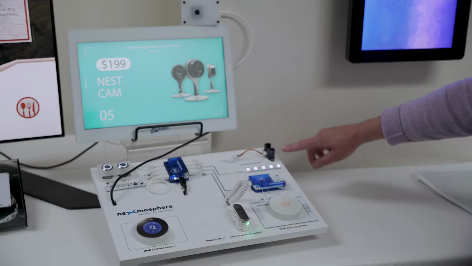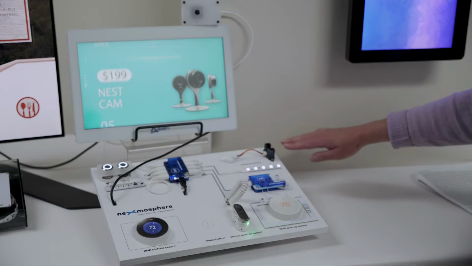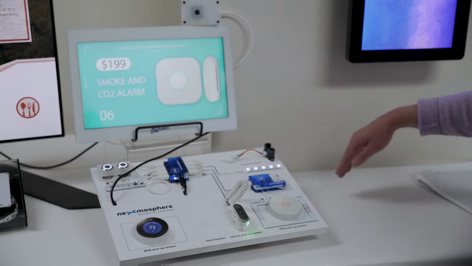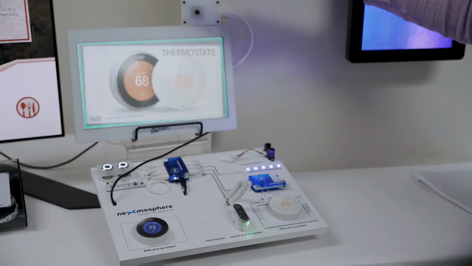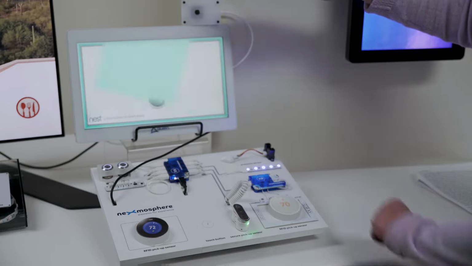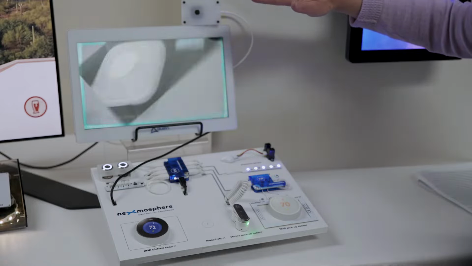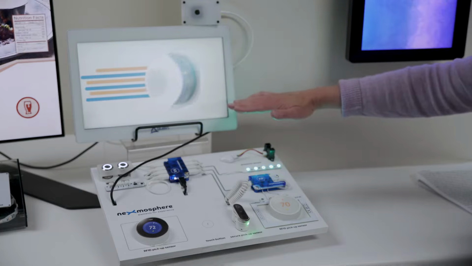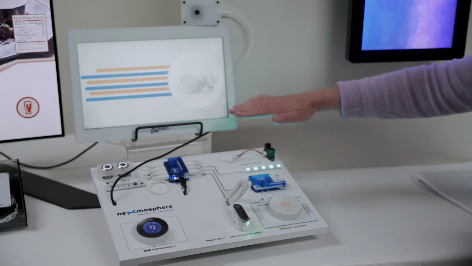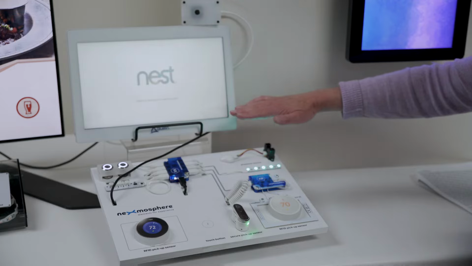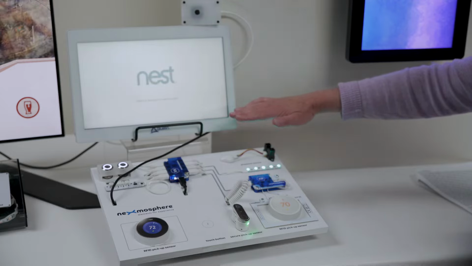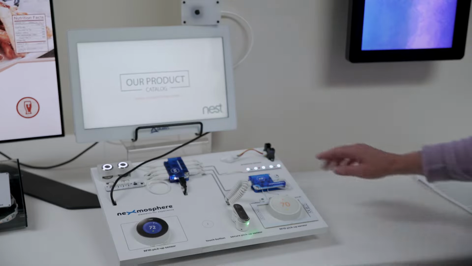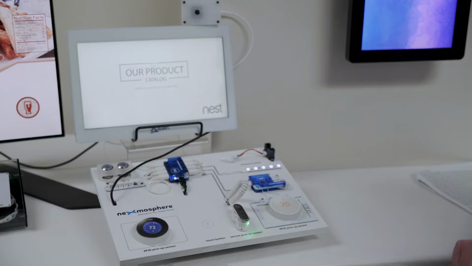Here we have a presence sensor. This detects when a person is near or far from its sensor. And when I hold my hand up high, you'll notice the lighting is purple and animated here, and our content is asking us to come closer to learn more. And when I do, the lighting changes to green, and the video content is asking us to select a product to learn more about it. So those distances can be programmed easily with that sensor and using our BrightSign players.